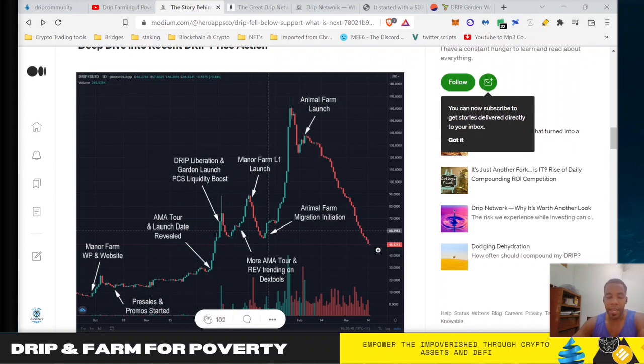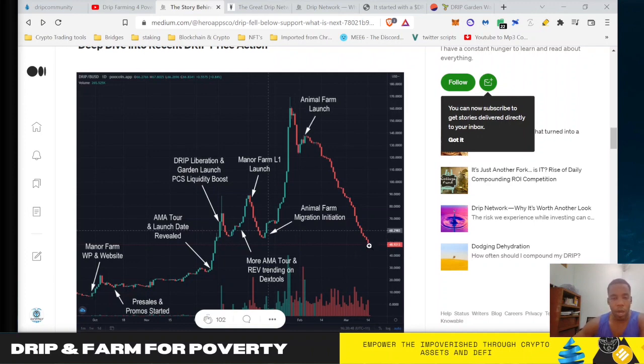So you have the taking profits and the piggy bank being paused and the whole farm being paused. When that launches, hopefully we'll see another draw up, but we'll probably see some more downside action first. Then we'll see another draw up because it's actually launched, right? And then you'll have the lottery tickets that'll be coming shortly, so that should help pump things back up. And then we don't know what will be done there, but after that, we know that there'll be more AMAs and marketing. So putting all those things together after this big correction, just similar to this one, similar to this one, similar to this one that was here, we should start to see a reversal.